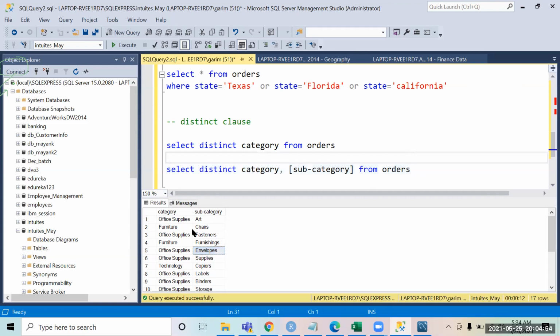If you see the data that I have generated right now, I have category and subcategory in this. Every category has multiple subcategories, but the data is not coming in a presentable format. How do you think I can make it better? Better in the sense that you see office supplies and furniture, then again office supplies. I don't see categories in a sequence over here.